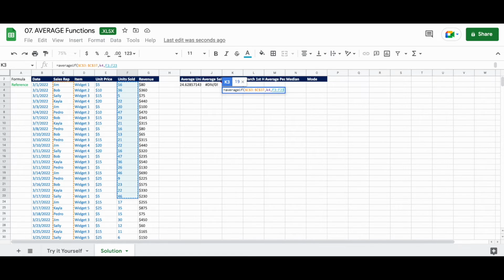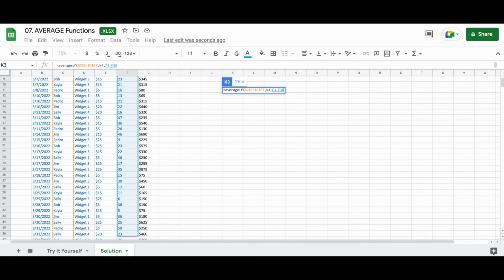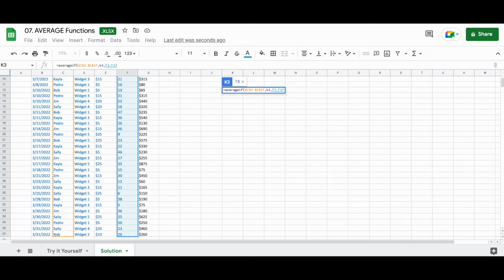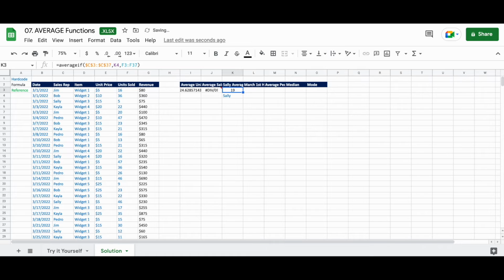We're selecting it a different way this time. We're doing shift down arrow. Again, there are a lot of different ways to get the range within each cell, so just feel free to use whichever feels most comfortable for you. Down to F37, and we'll close off our parentheses. And we see the number 19, which means that the average order size for Sally was 19 widgets per order.